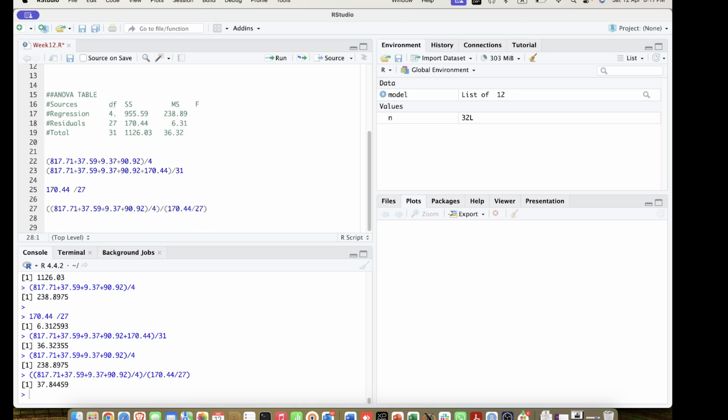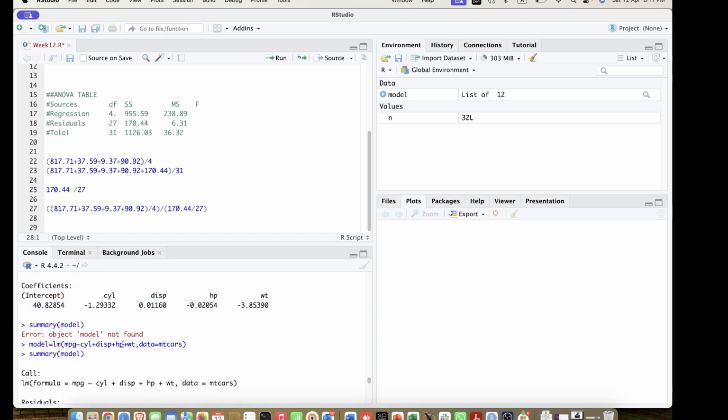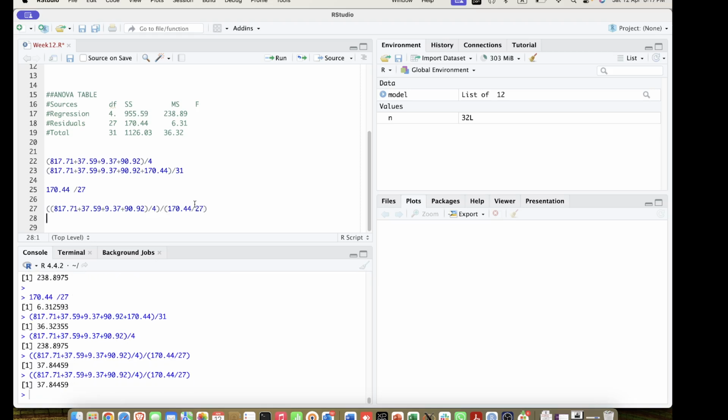Okay, so this is F, 37.84. So let's see if it matches with the summary model. Yes, it's 37.84 and this is also 37.84. Okay, so F is 37.84,